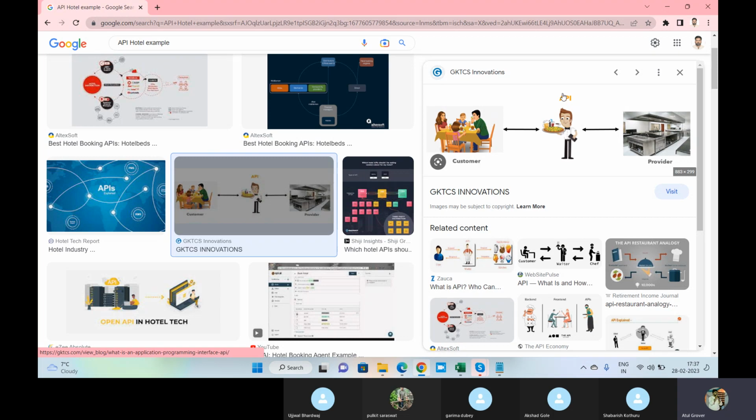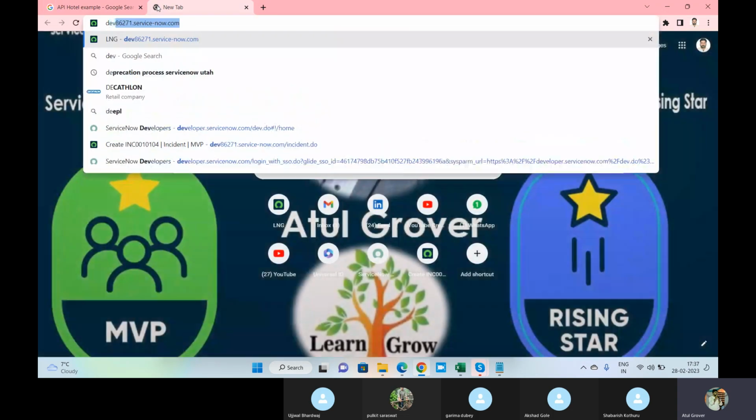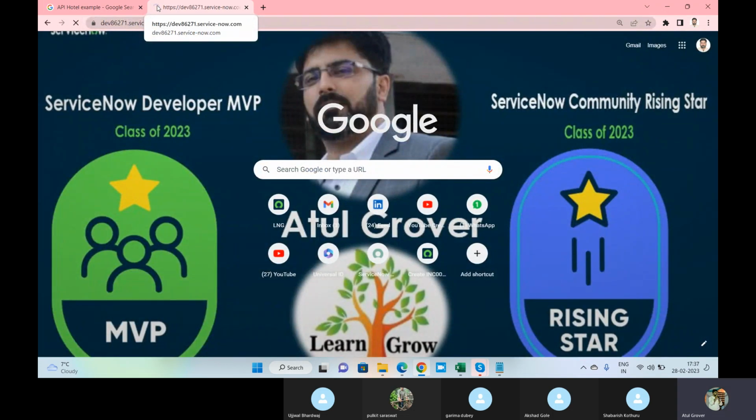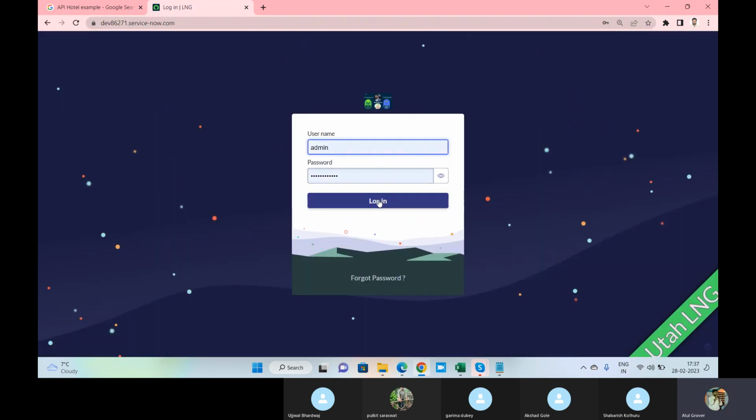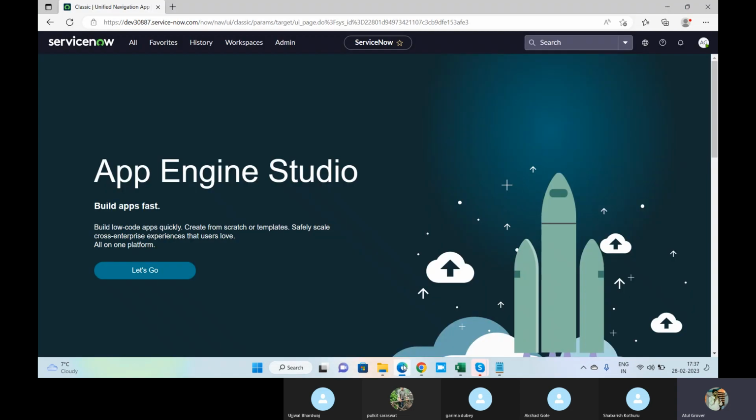To integrate any system, I need to build a connection from my instance to another instance. So now what are we going to do? This is my instance. I will create an incident in my instance and it will get created in the Shabrish instance.